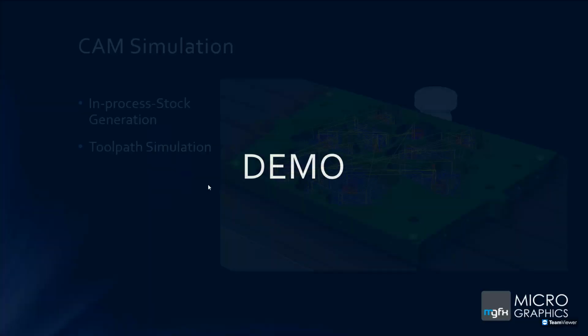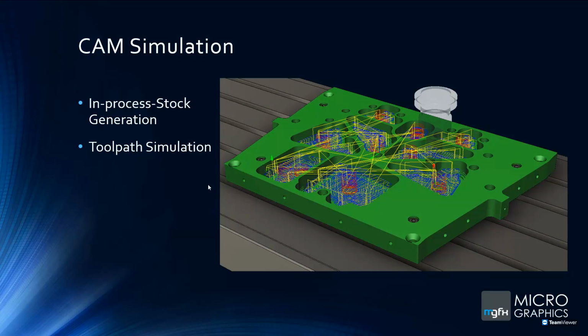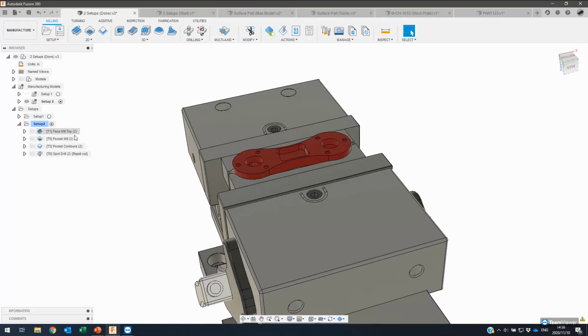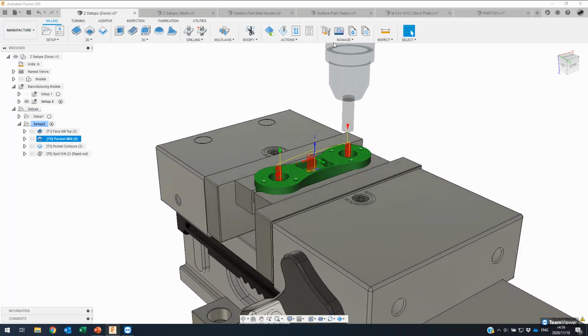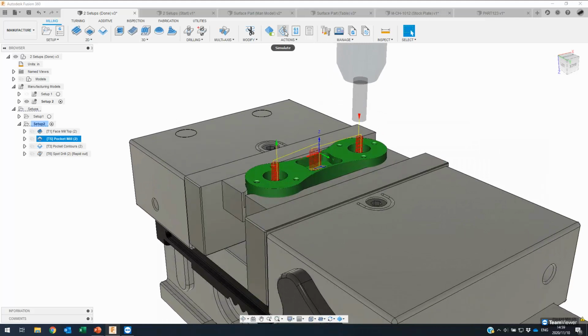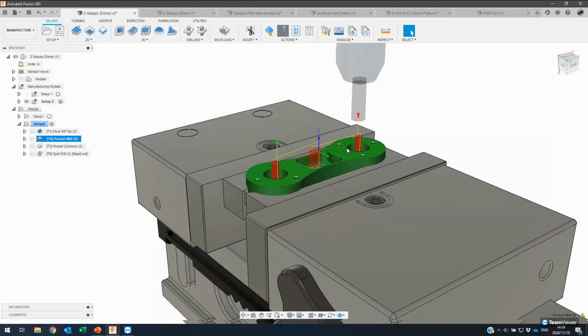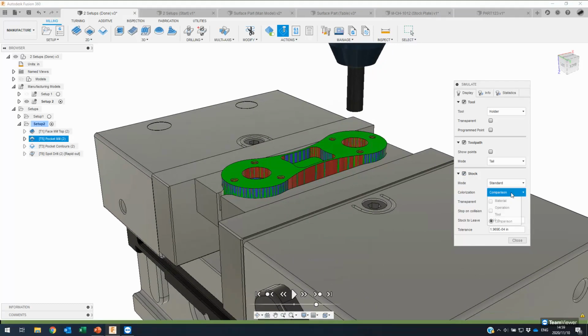And just to close off with that last slide and then a quick summary, the improvements in CAM simulation, you now got that option of having that in-process stock generation. So when you click on a toolpath, it will show you what the stock would look like when that toolpath is completed. So it shows you all the previous toolpaths, stock removal, as well as the selected stock. The nice thing about this is that you can jump in at any point, and let's say go here to the pocket mill and simulate, and it will simulate all the removal up to that point,